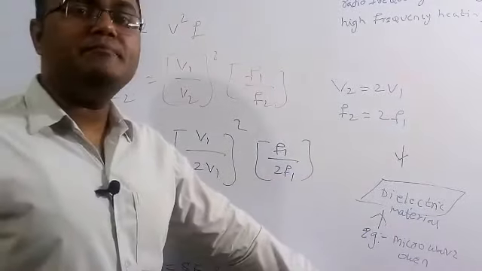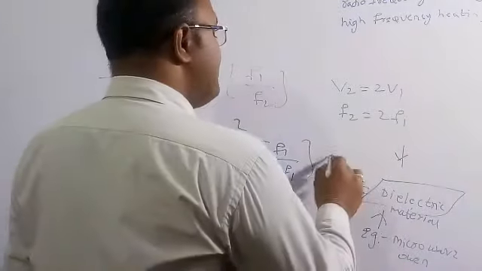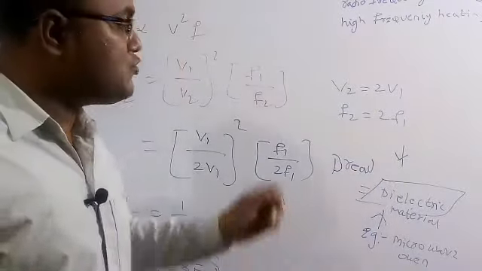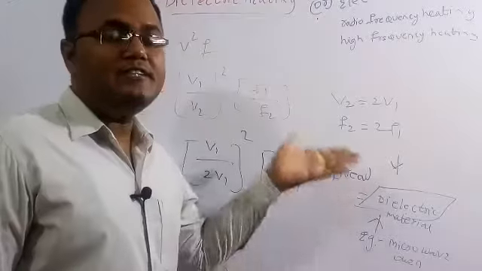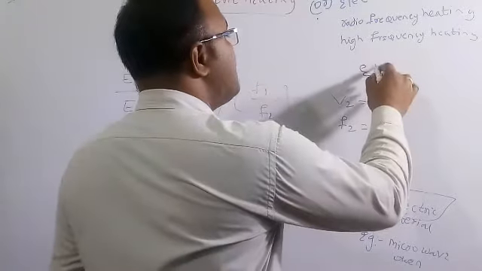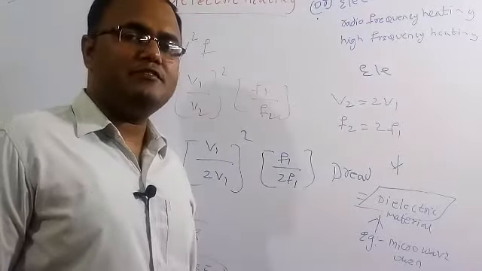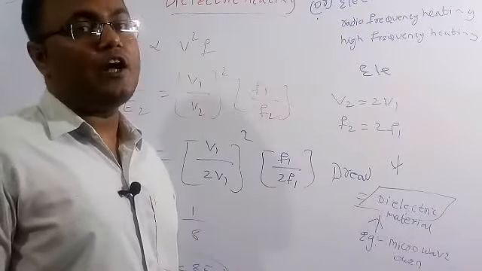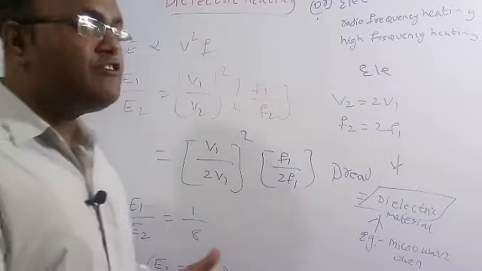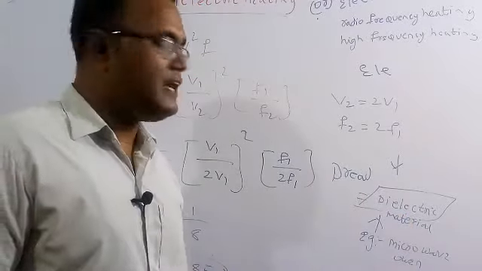An example is a microwave oven. In the microwave oven, suppose you keep bread inside. Bread is a dielectric material. After the high frequency is applied, the frequency carries a lot of energy, and it is an electromagnetic wave, or microwaves. These waves have a lot of energy, and they penetrate the dielectric material, and therefore the heat is dissipated in the material. So this material gets heated.